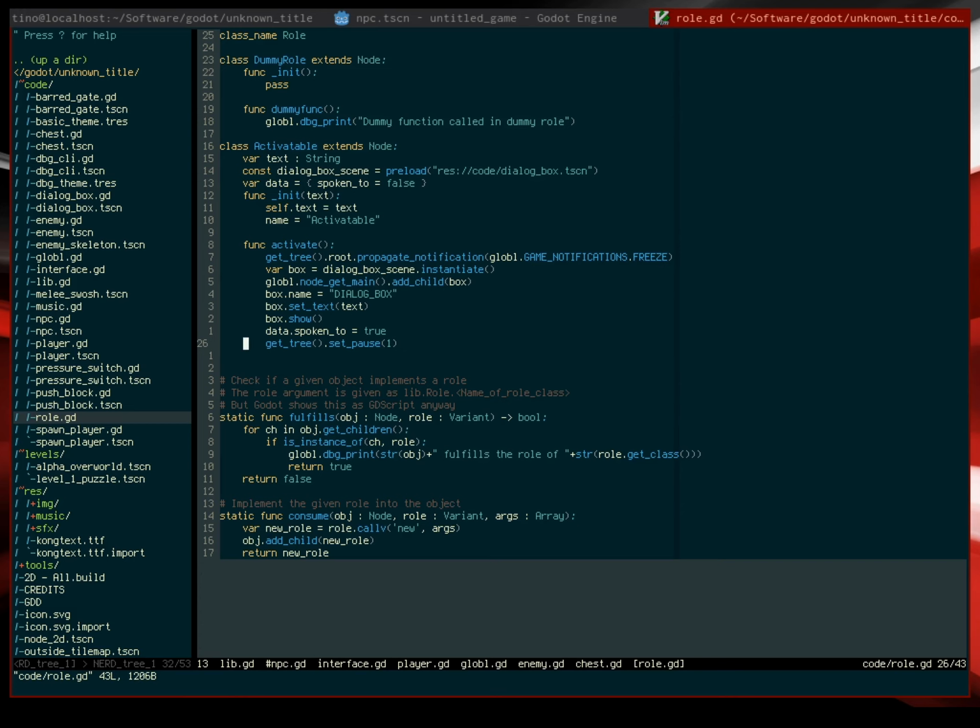because I already emulated them via a library. So I had to write these functions. Consume, this applies the role, and fulfills, this checks if the object fulfills a specific role. It's basically like an interface, except we can be sure that the function will do something. So the reason this is sort of useless,